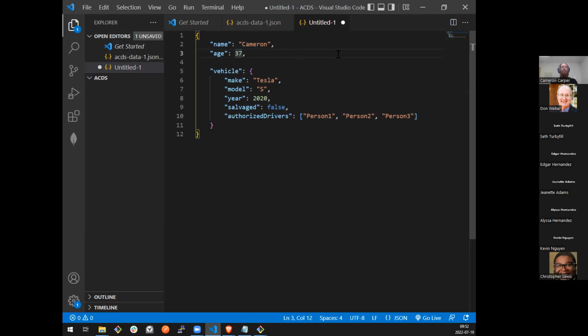Similarly, we have a key named age with a value of 37 that is both only digits and not wrapped in quotes. And so whatever parses this JSON is going to look at that and see, clearly this is a number, it will get a number type. This is true when you're working with it in JavaScript, as well as when we work with it in Mongo. If I were to insert a document that just contained these two properties, name and age, then Mongo would automatically assume that the name property is of type string because it sees the quotes, and it would automatically infer that the type of the age property is a number because it sees 2 digits and no quotes around it.